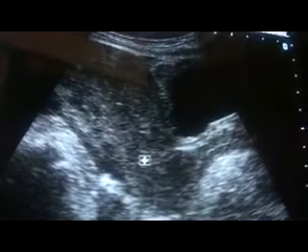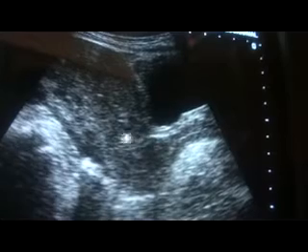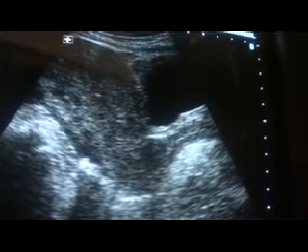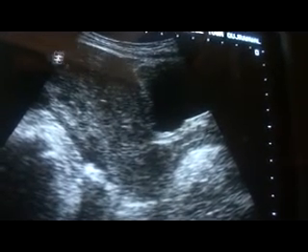So there is no myometrial mass. Cervix is clear. However, now when I rotate the probe towards the left side of the patient, I come across a globular area, this one,